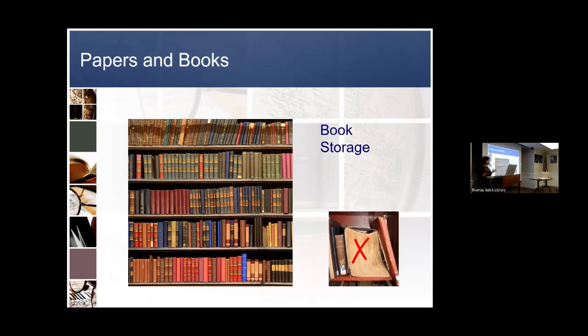Books are meant to be stored like books, also straight up and down. You want to use bookends, right? Like up here is not so great. Here we're looking good, right? We want our books to be straight up and down. If we have to store a book in a way that's not like this, we absolutely don't want to do it like this. And this includes if you have to box a bunch of books, even for moving or anything like that. If you have to put a book on its end, you want to do it the other way with